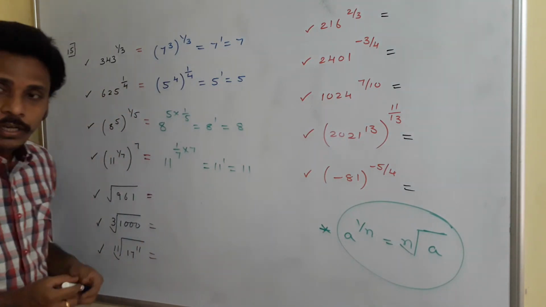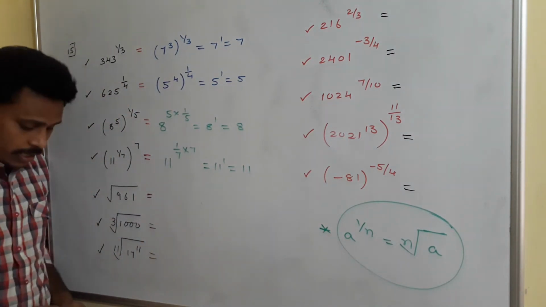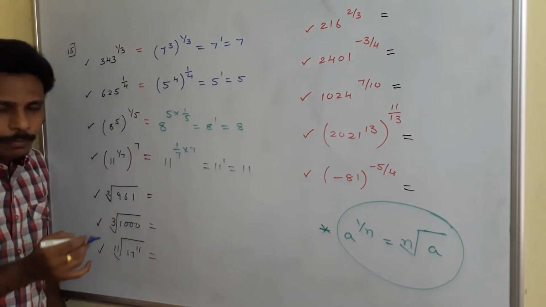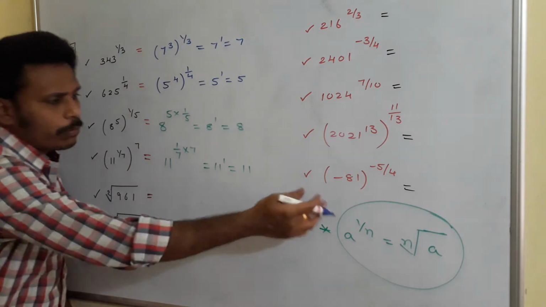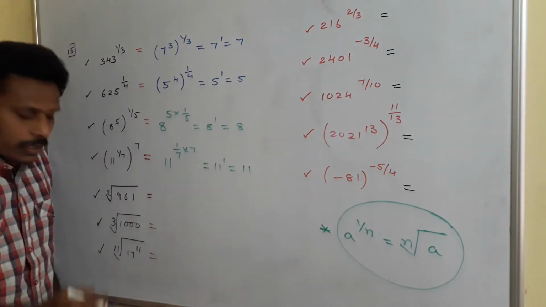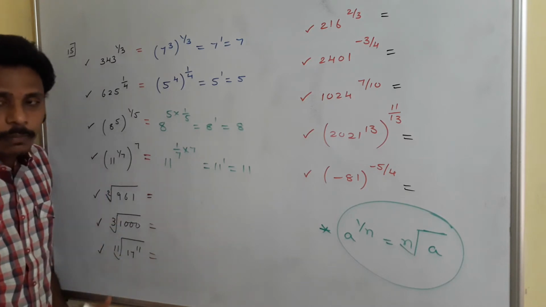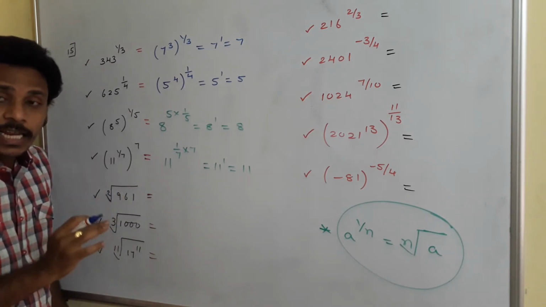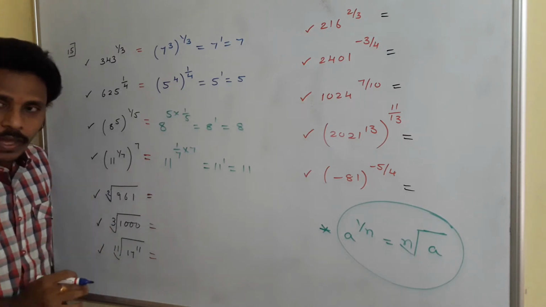Now here, no number is involved. Since no number is involved, it represents 2. Because 1 is not required, since 1 by 1 is 1 only. So these nth roots start with 2 only. Since no number is involved, it is the starting number which is 2. The 2nd root of 961, or you may say in another way, square root of 961.